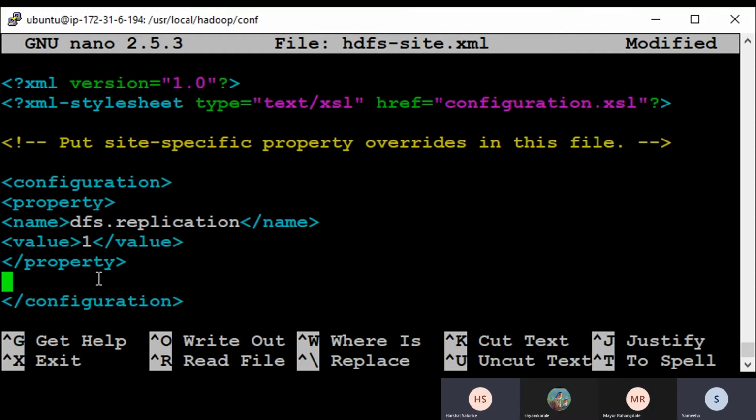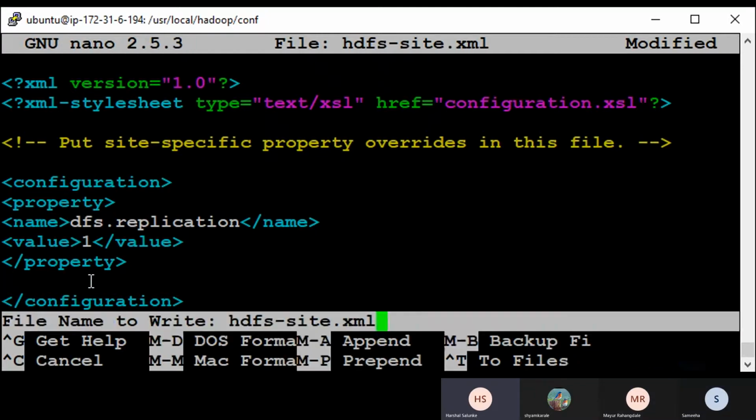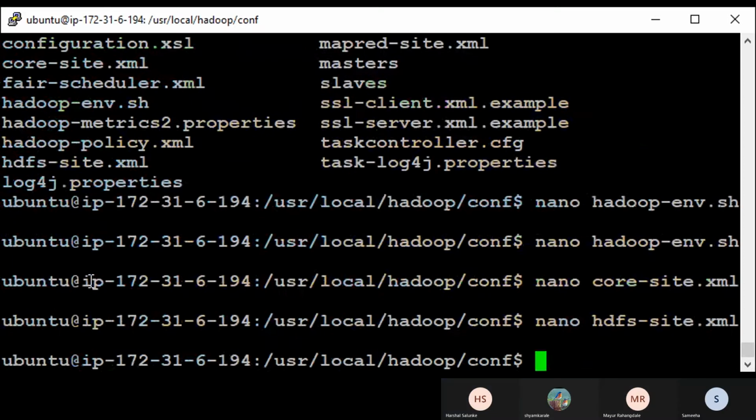Now we have a single node cluster here, it means we have only one node, right? That's why we define the replication value as only 1. That's why we usually take 3 data nodes, because the default replication factor is 3, but you can change it using this property.